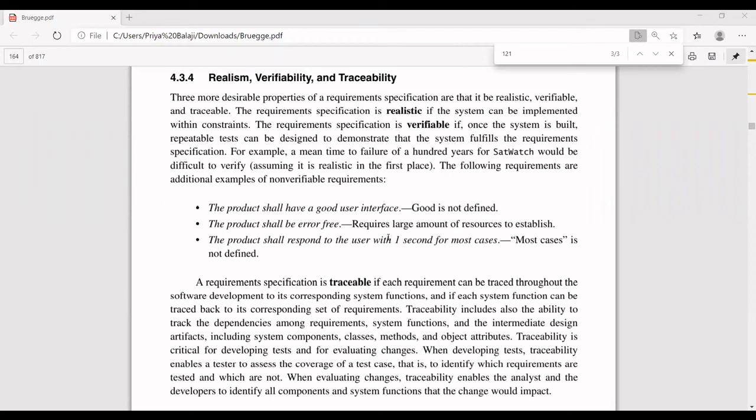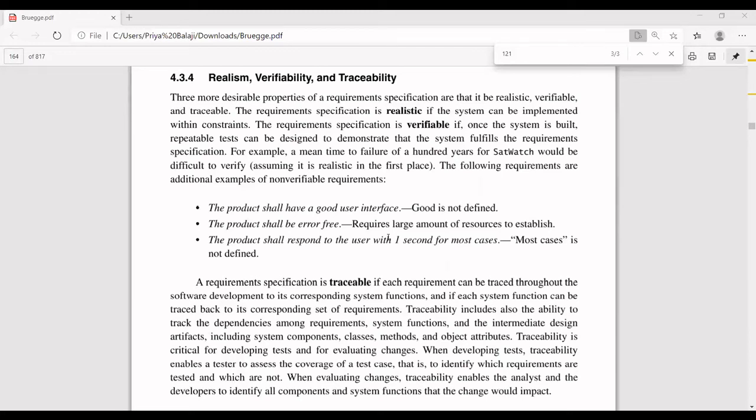Few things are good for you, few things may not be good for the other user. Few may require a different user interface. For example, some users may require a voice user interface, some may require a typing user interface. So good cannot be defined, it depends on the user. You cannot say it is good according to your point, because it is not verifiable.